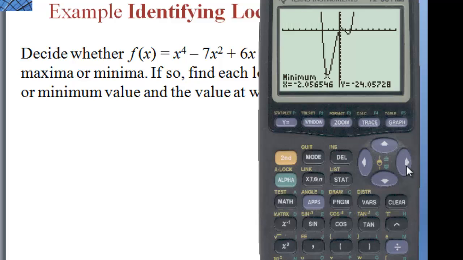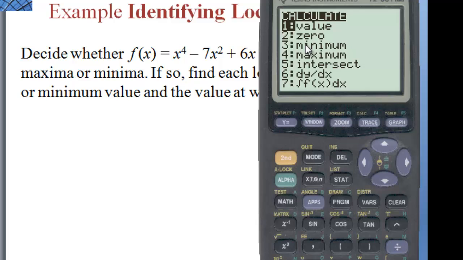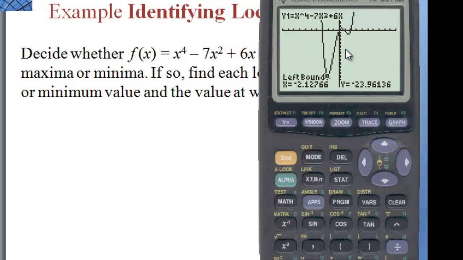And here we have the minimum is y equals -24. So we have a local minimum here, -24.19. To find this local minimum, we would go second and Calc again. We want the minimum. Take the arrow keys, take it to the left of that minimum, hit enter. Arrow keys to the right, hit enter and enter again for the guess, and we'll get another local minimum of